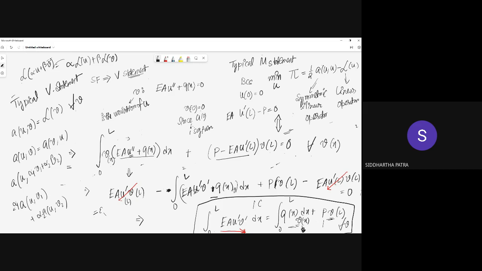And if you compare the earlier potential energy statement that we wrote, if this is our L of v, our L of u would simply be the work potential. And if this is our A(u,v), then half of A(u,u) is our strain energy. So if you compare the earlier expression that we wrote of potential energy, then you can directly correlate how the minimization statement and the variational statement work, and that the one can be obtained from the other, which we would look at in Monday's class.